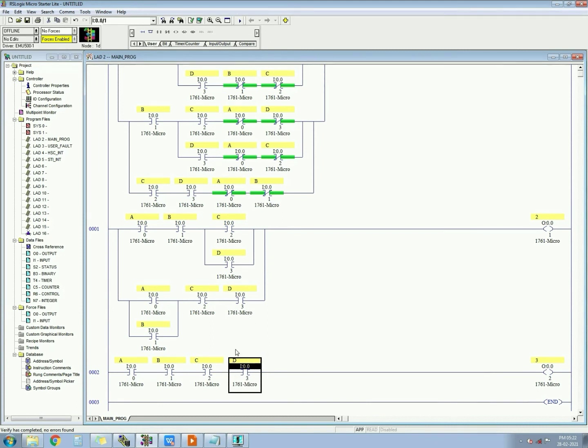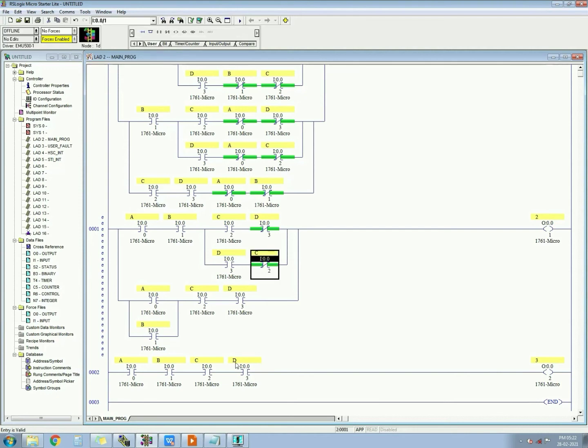Now, when you press this D, you also have to take NC of this D in the above circuit. I have to include NC so that whenever the fourth input gets on, output B should get off. So in this circuit A, B, C, D is missing, I will take NC of D, I1:0.0/3. And here I will take NC of C, I1:0.0/2.